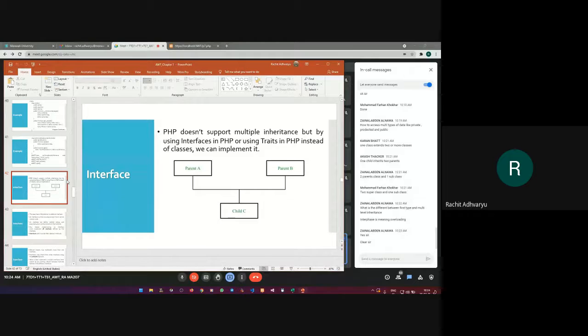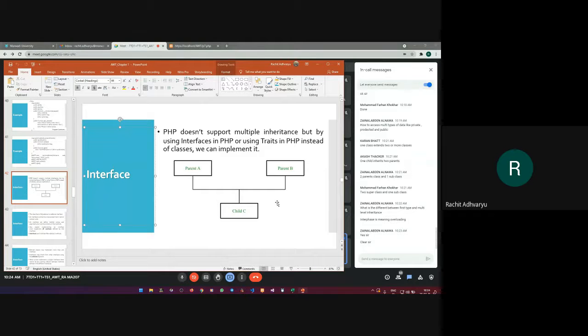So I'm talking about the interface. Interface is a component of OOP which allows you to declare a parent class using the interface keyword. Now what is the use of interface, or what is the rule of interface? The rule of interface clearly states that if you are declaring any parent class using interface, then it does not have any function definition or function body.